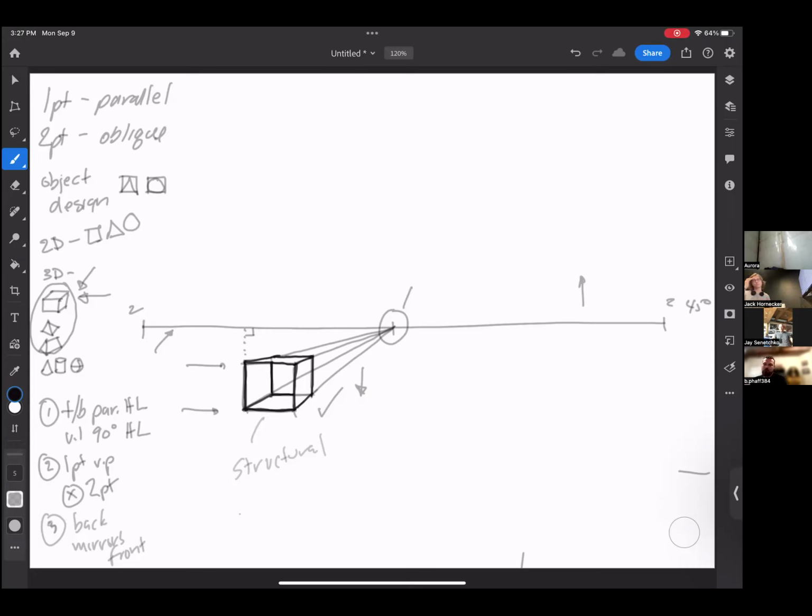But if I take this object and I put it up here, right, I either have to stand there like an idiot, right, and hold that thing above my head, right, and draw it observationally, or I can draw it because I understand how that thing is drawn perspectively. So if I was to ask you to draw, which I'm going to, a cube that was floating above the horizon line, same process. Top and bottom parallel to the horizon line, vertical lines perpendicular to the horizon line. All four corners get attached to your central vanishing point. Back face mirrors the front face.